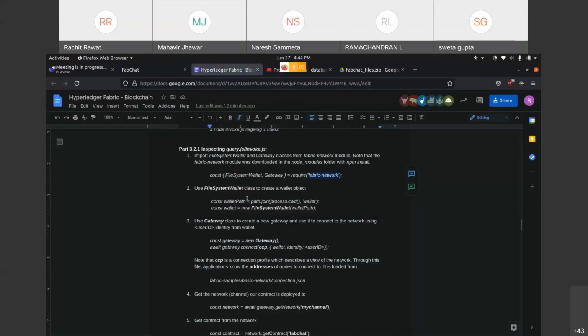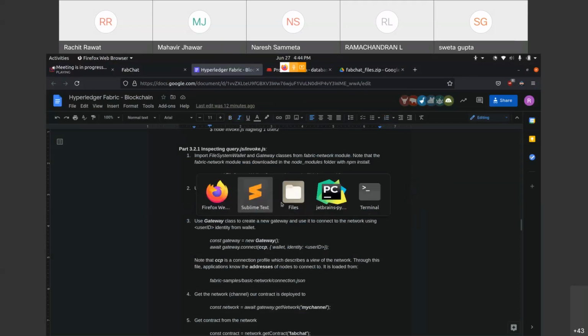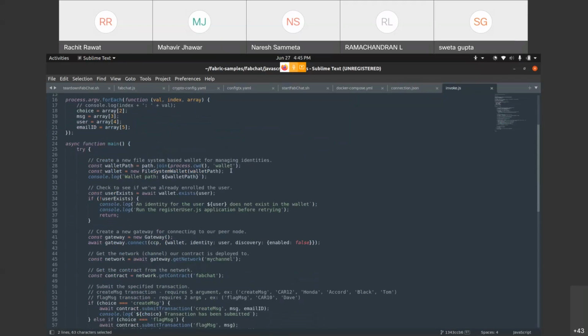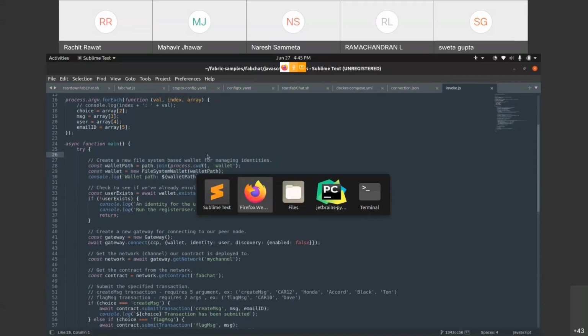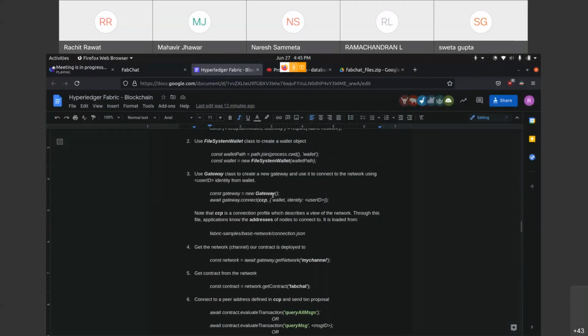Okay. Now we're going to use this file system wallet to create a wallet object, and these are the lines that you do that. So you can see, we create a file system based wallet for managing our identities. So these are the commands, and of course you have to connect to the network. So we'll be using the gateway class.